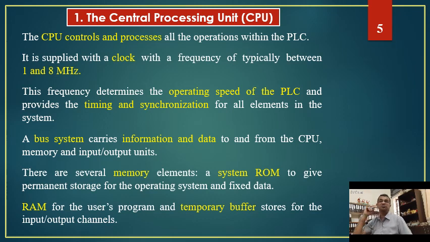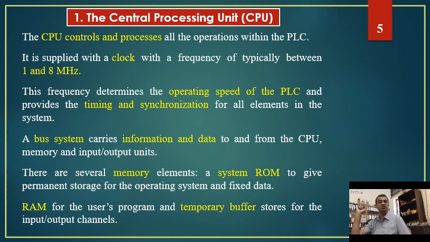Then the second one is RAM, random access memory. This is a temporary memory, a volatile memory. As soon as power is switched on, the RAM could be loaded, but as soon as the power is switched off, whatever data is stored in a RAM, it is all gone. That is why it is called a temporary memory or a volatile memory. So RAM is for the